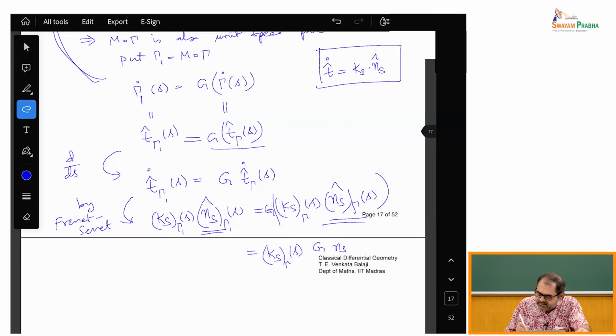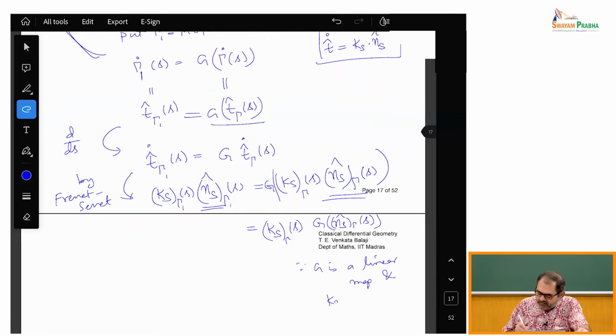So what I can do is I pull out this k_s sub gamma of s, and I will get G n_s cap sub gamma of s, okay. That is, since G is a linear map and k_s sub gamma of s is a scalar,